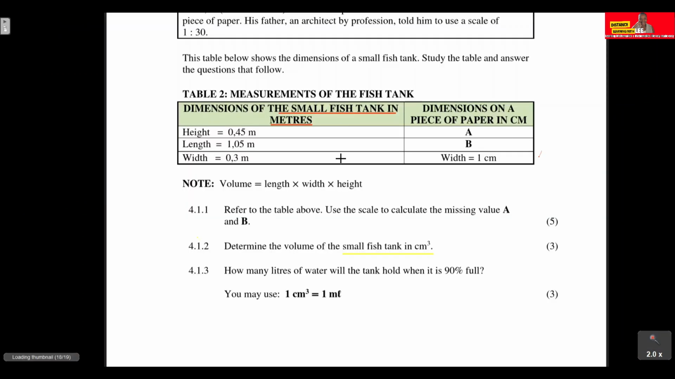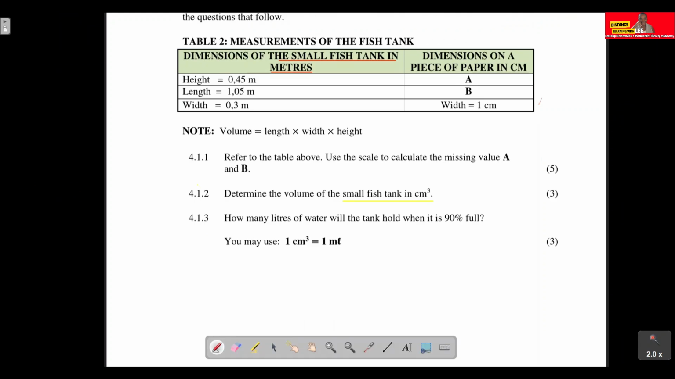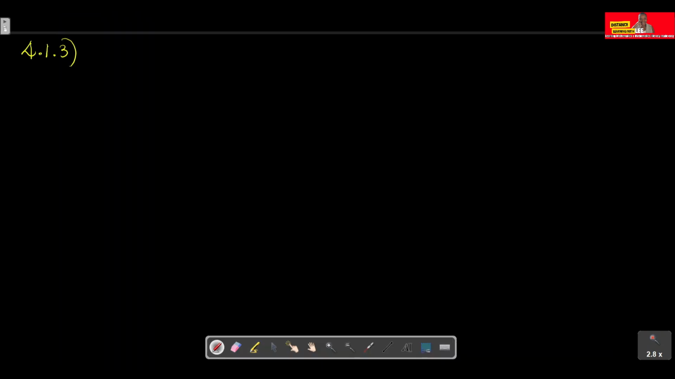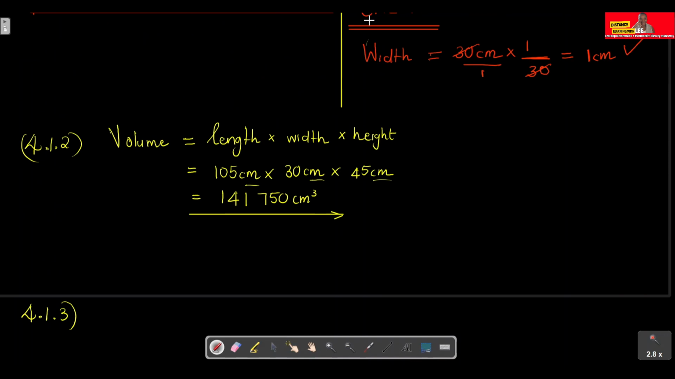Question 4.1.3 says the answer that we've calculated basically gave us how much water the tank can hold, the capacity of our fish tank. This 141,750 gives us how much this fish tank can hold. So now we want to determine, if this tank was 90% full, how much water would be in that tank? Before we can start to calculate how much water is in our tank if we've got 90% of water in it,